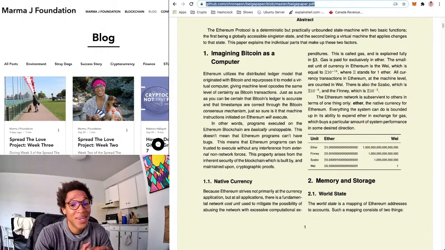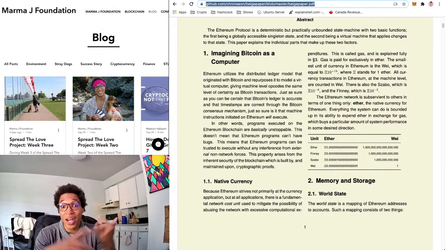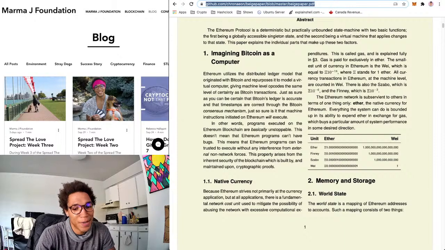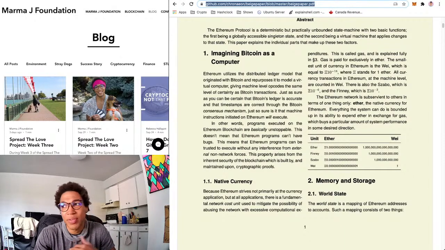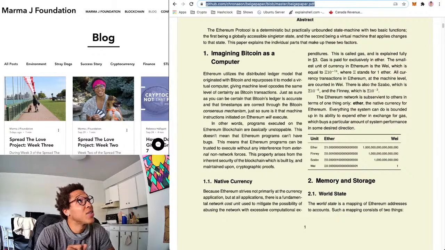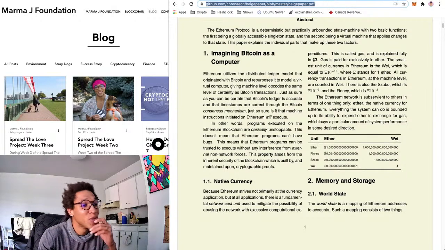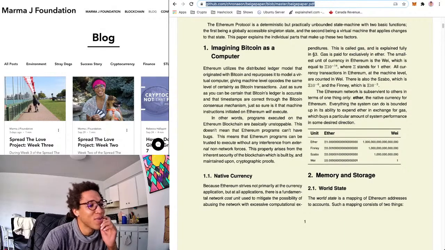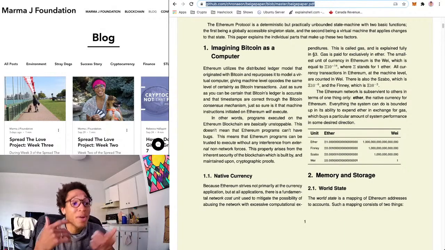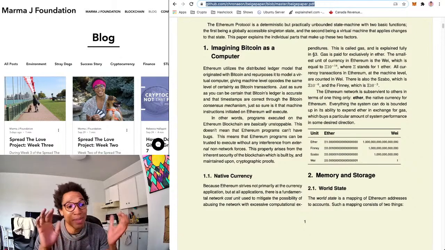Definitely not. Currently, there's a few blockchains that I have my eyes on that are not just Bitcoin and Ethereum. Like the Near blockchain, I want to learn more about what they're doing. And the Celo network, Celo. I want to look into what they're doing with a few interesting chains. But so, 1.1 native currency. Because Ethereum strives not primarily at the currency application, but at all applications,